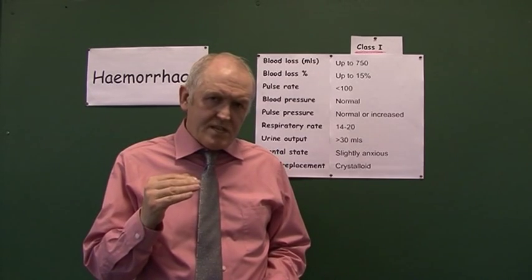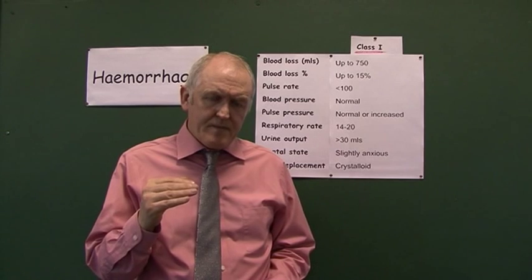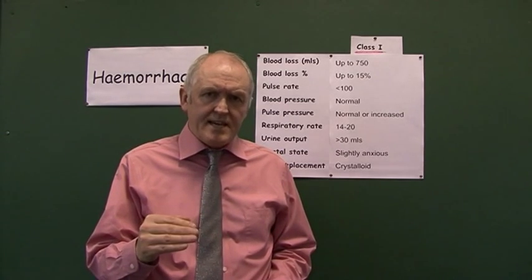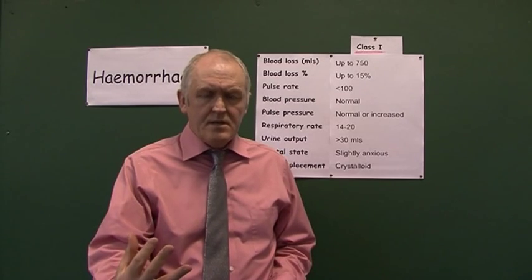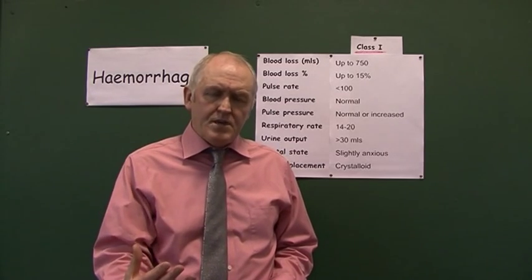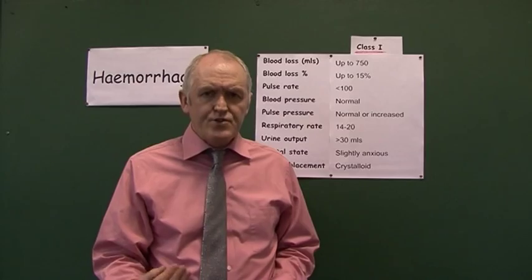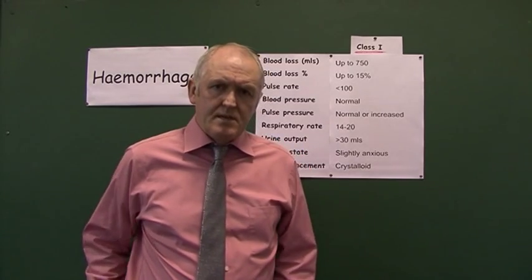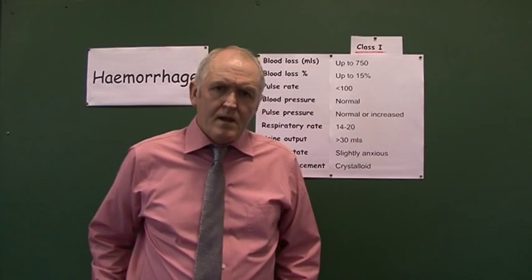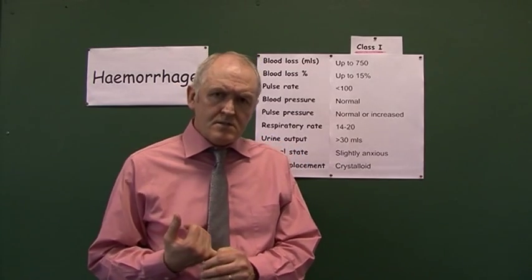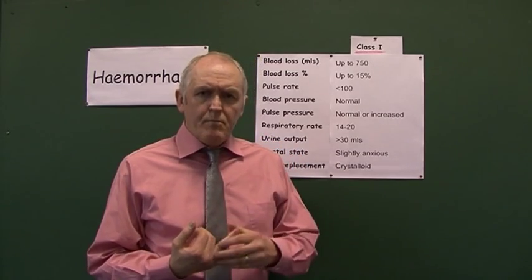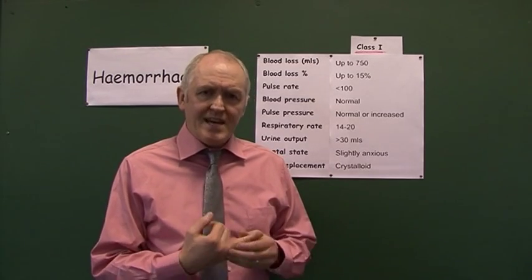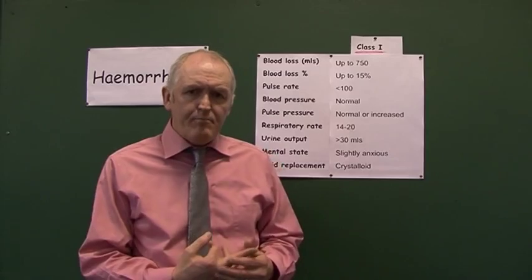And the reason I want to do this classification particularly is so that we can recognise clinical features at an early stage and treat them before the shock becomes established. Because the earlier we treat significant hemorrhage, the better the outcome is going to be for the patient. And we're going to look at blood loss in mils as one criterion, blood loss in terms of percentage of the total blood volume that the patient has, their pulse rate,